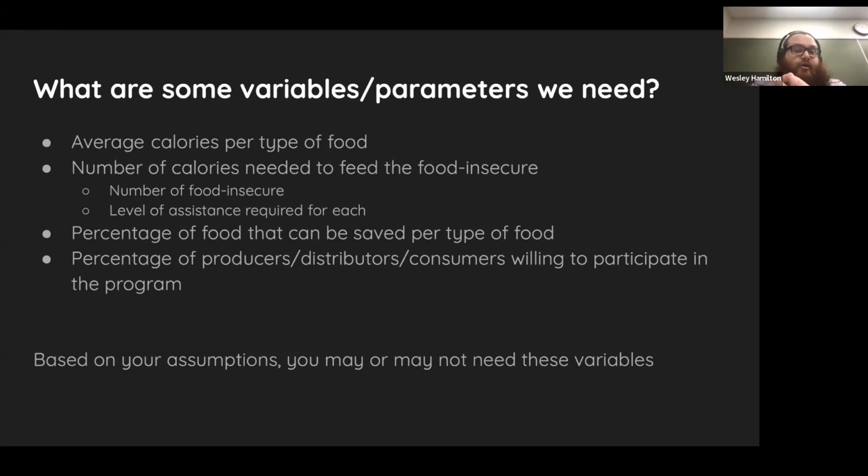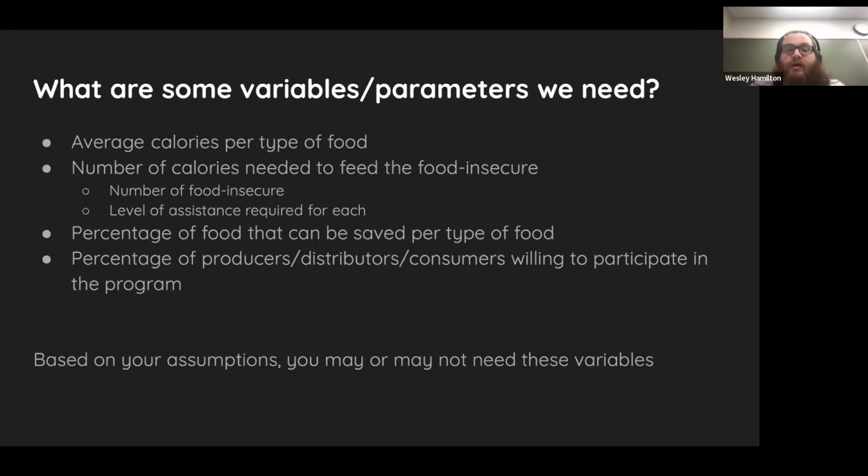Maybe some of these variables are average calories per type of food, number of calories needed to feed the food insecure population, percentage of food that can be saved,